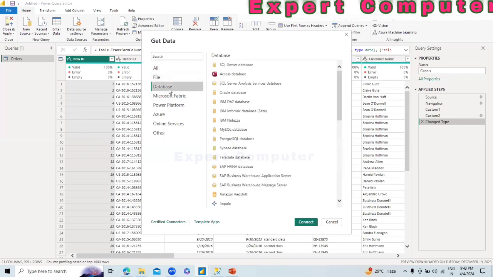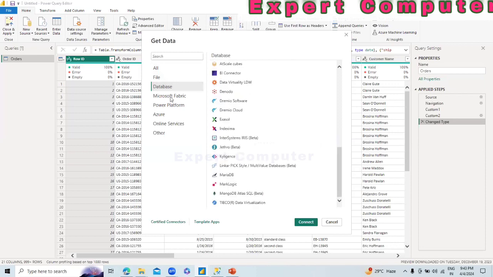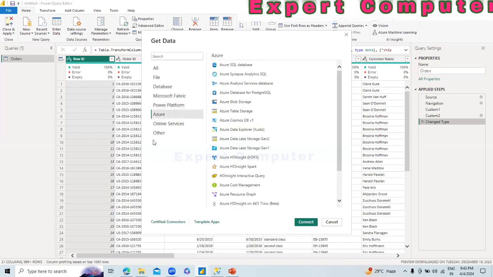Next here we have the database. So these are the databases that are supported by Power BI here, right? Next here we have Microsoft Fabric. So we can even get data from Microsoft Fabric also. These are all the inbuilt things: Power Platform, Azure, online services and all. So these are all the data sources from which we can connect data into Power BI,